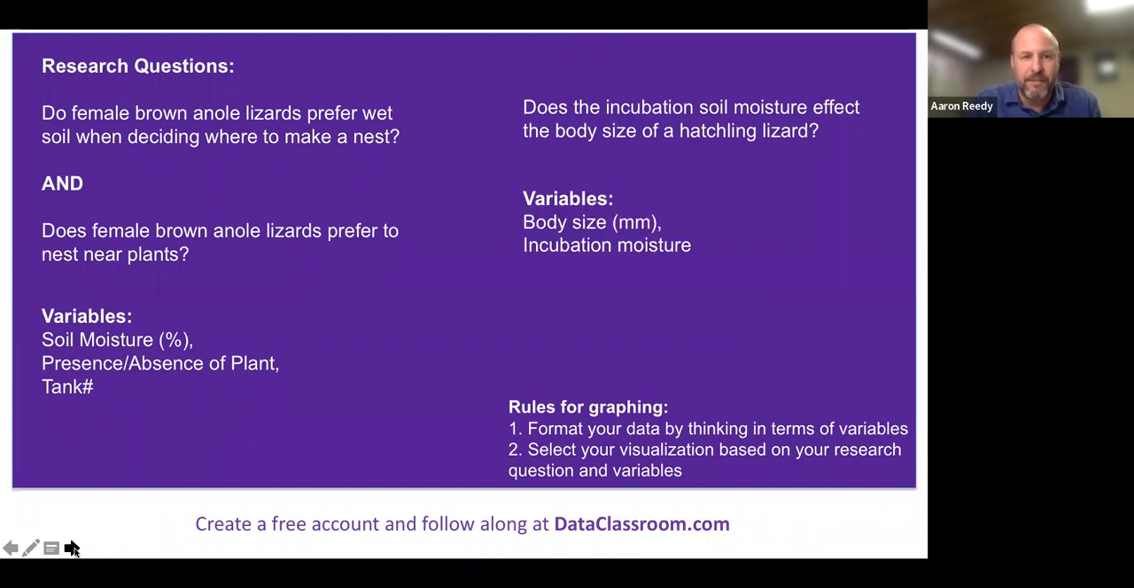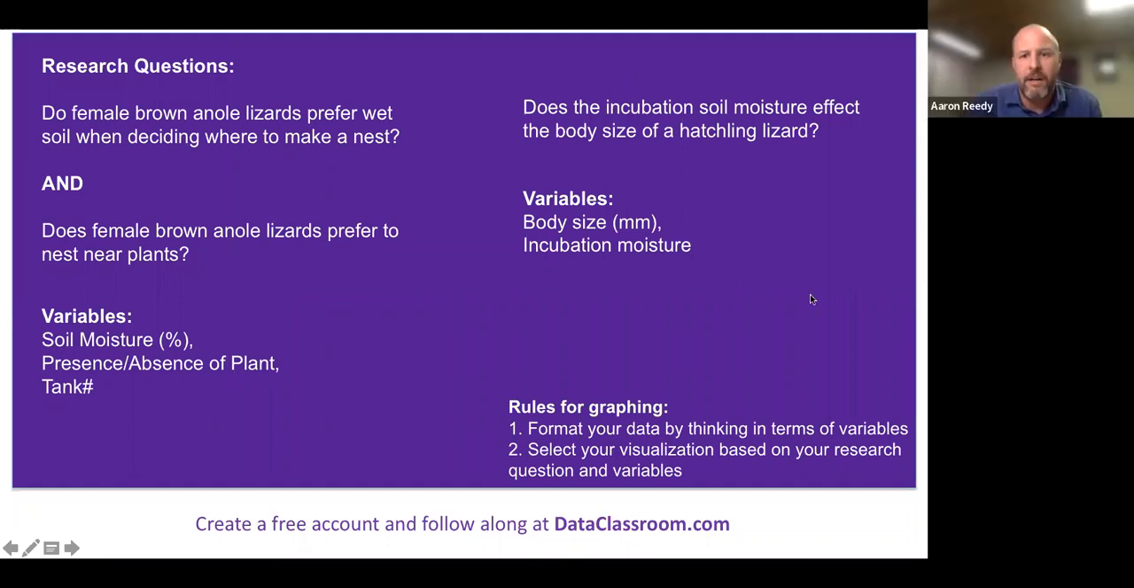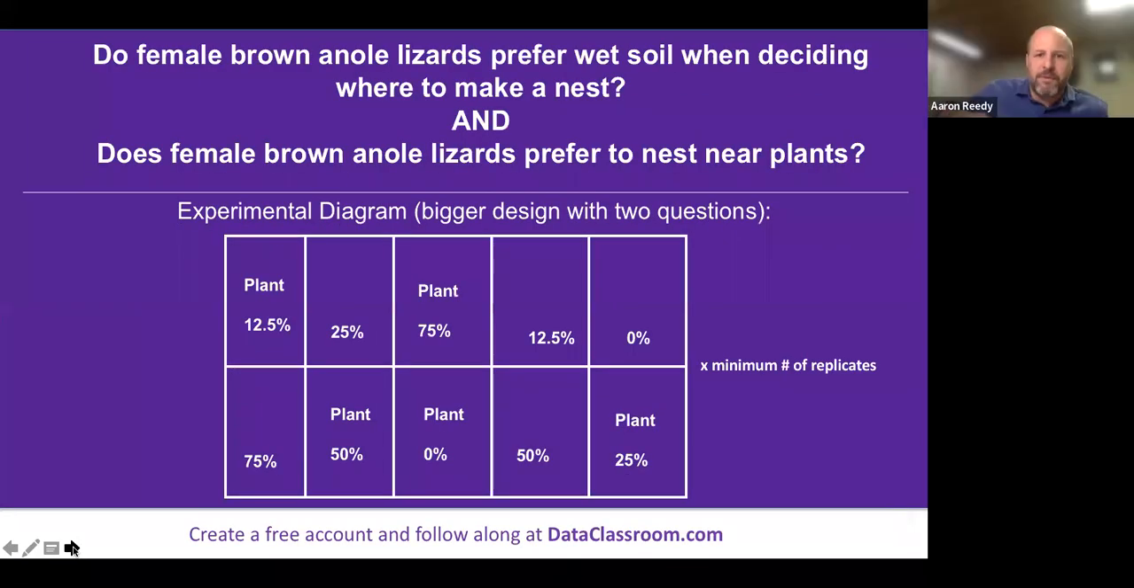And for this, there are really just 2 variables that needed to be recorded here. The one variable is body size, and this is specifically the body size of the lizard at hatching. And second, incubation moisture. This was essentially a treatment or a categorical variable of what treatment this lizard was incubated at. And what we did is we set up 2 different designs for each of these